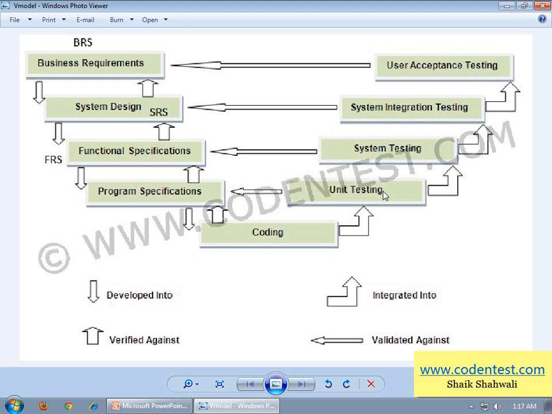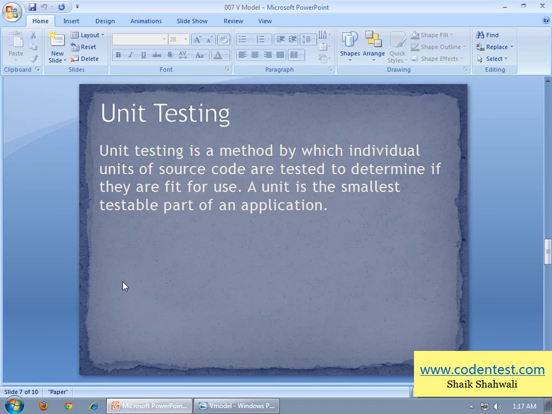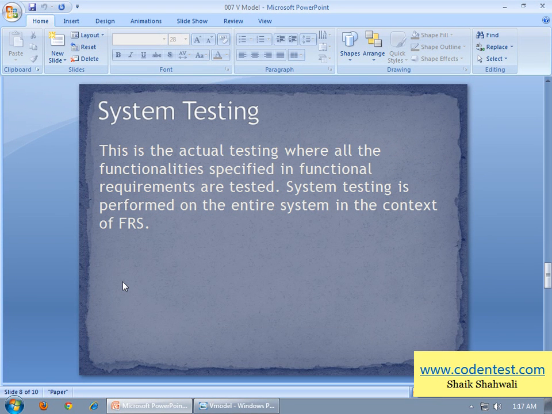After unit testing we have the system testing phase. This is the actual testing where all the functionalities specified in the functional requirements are tested.